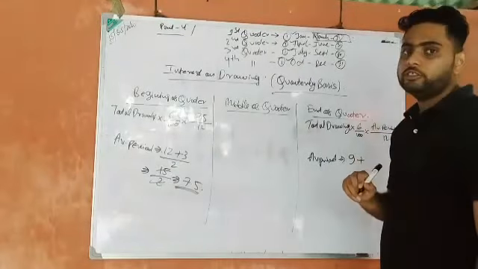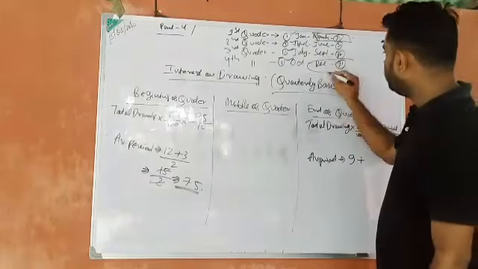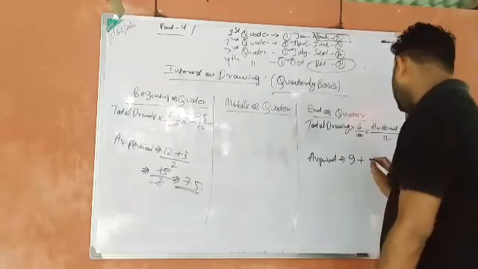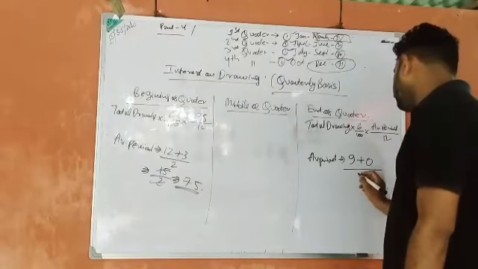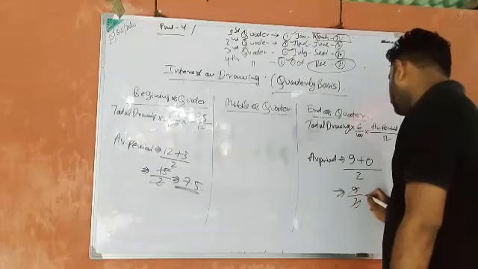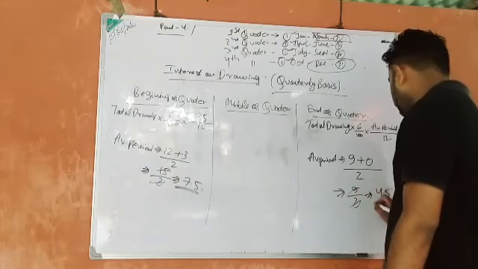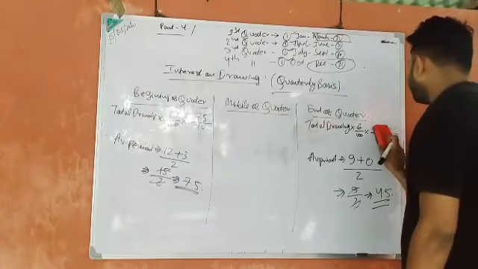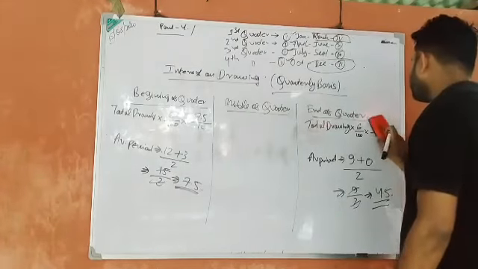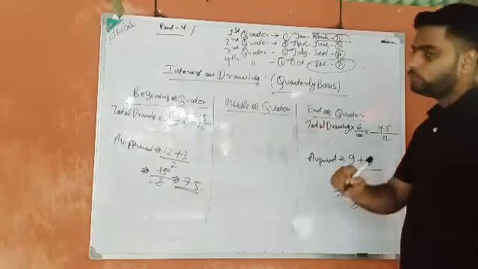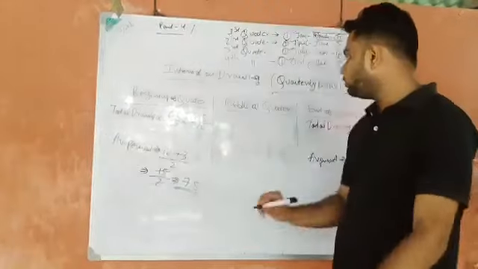And date of last drawing will be on 31st December. So after 31st December, no months are left. So that's why 0. So it will be divided by 2, and this will amount to 4.5. So average period will become what? 4.5.